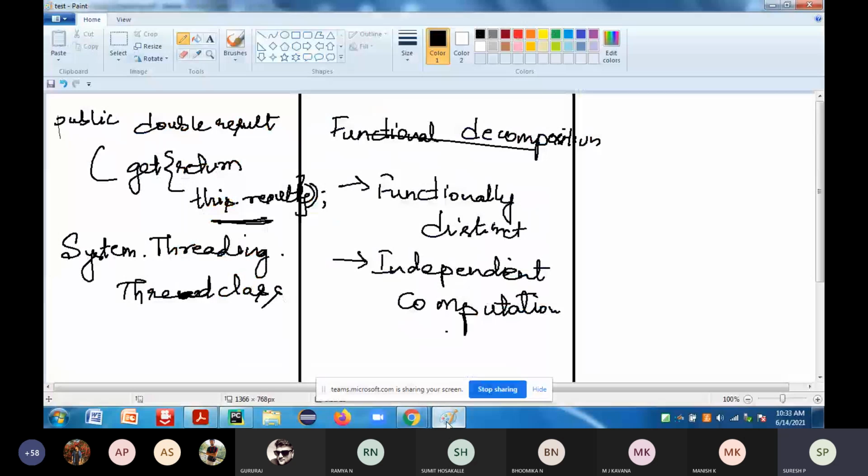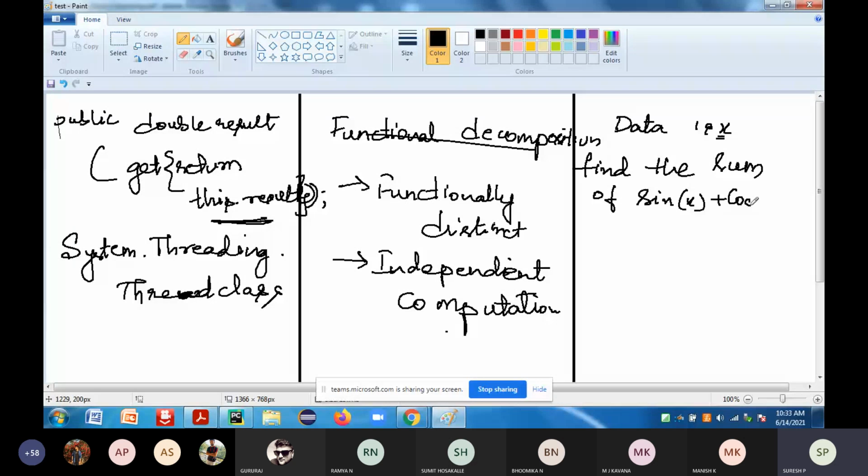I want to find the sine, cosine, and tan, and at the end find the sum: sin x plus cos x plus tan x.